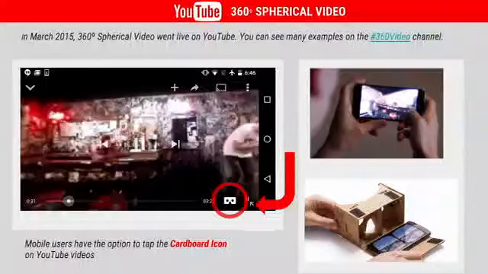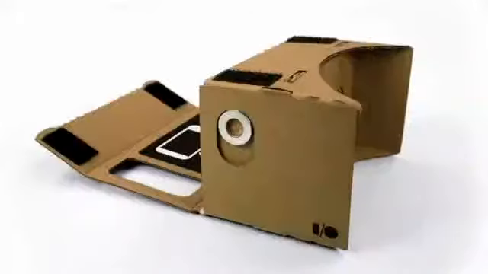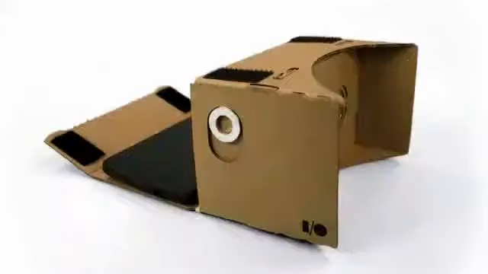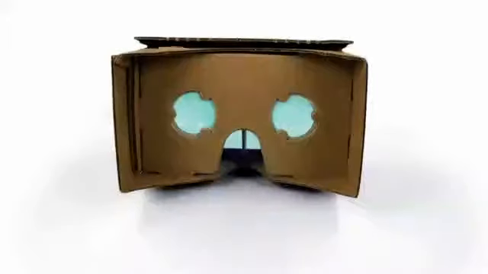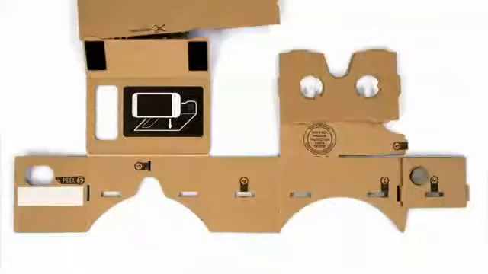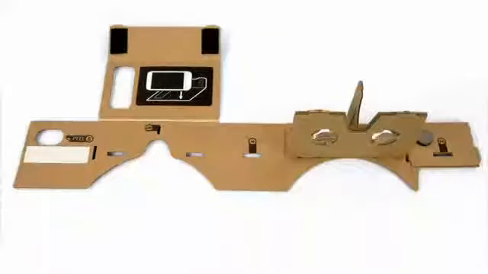Cardboard are basically this. You have one here? Oh, fantastic. Because I was going to show how you actually do one. This is cardboard. Exactly. That's what they look like. It's a little box. There are many different types of cardboard now.